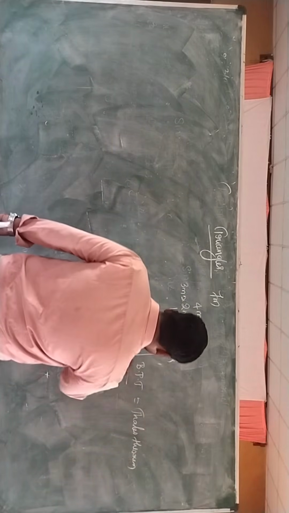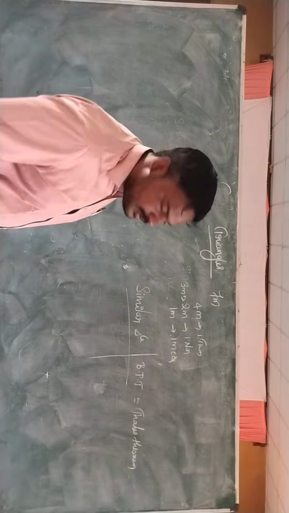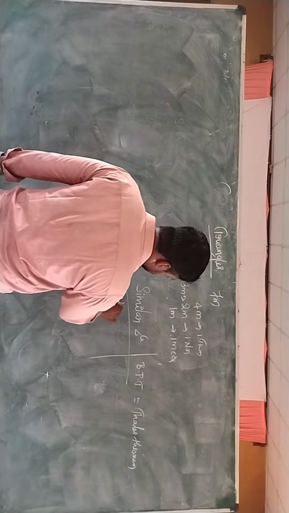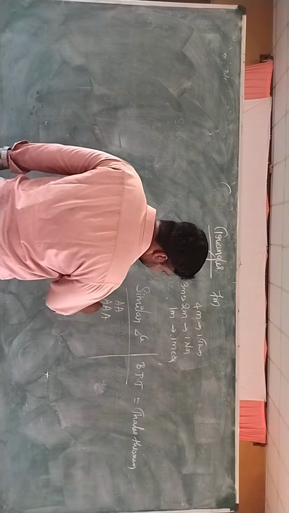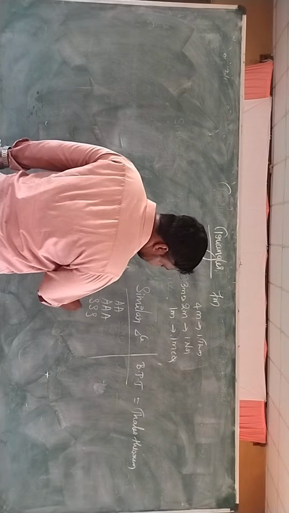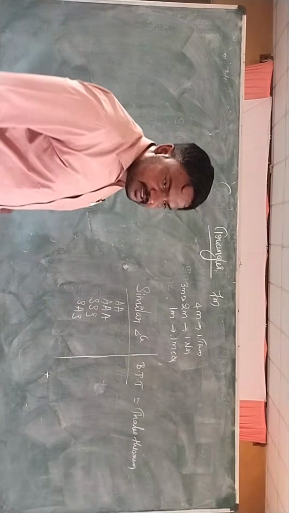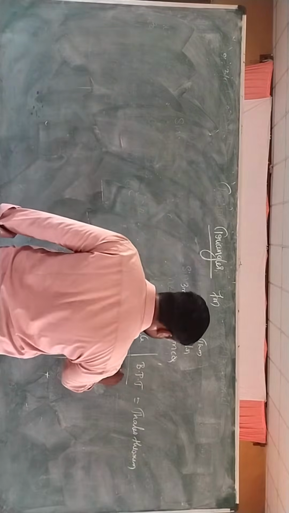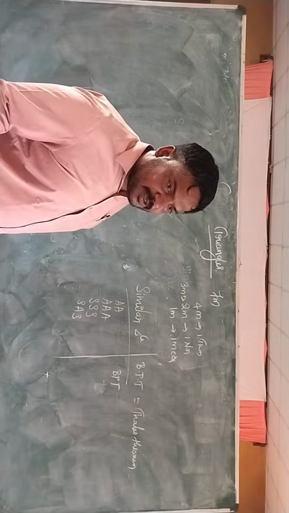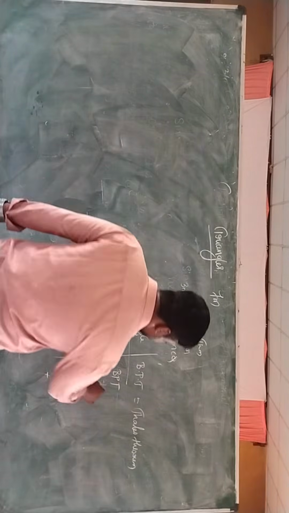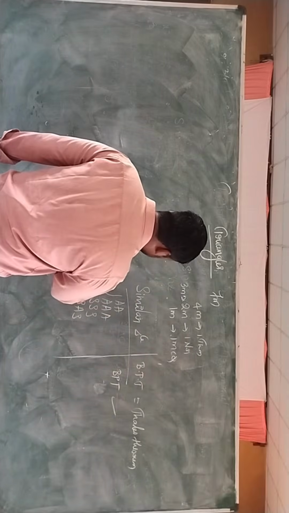In similar triangles, 3 to 4 theorems are there: angle, side, angle, side. 4 theorems. And here only one theorem, BPT. In case they ask the BPT, basic proportionality theorem, then one question based on similarity